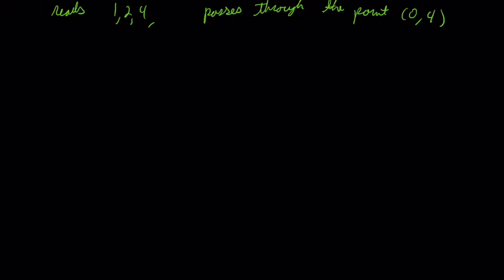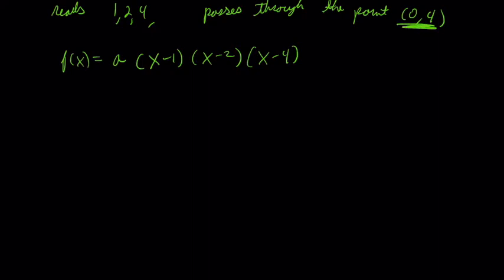So we're going to go ahead and set this up as f of x equals a times x minus 1 times x minus 2, because those are my zeros, times x minus 4. And what we're going to do is solve for a. That's going to be our constant outside of our polynomial that our polynomial is either stretched or shrunk by. So if I have f of x, that means y, right? So now I have y is 4